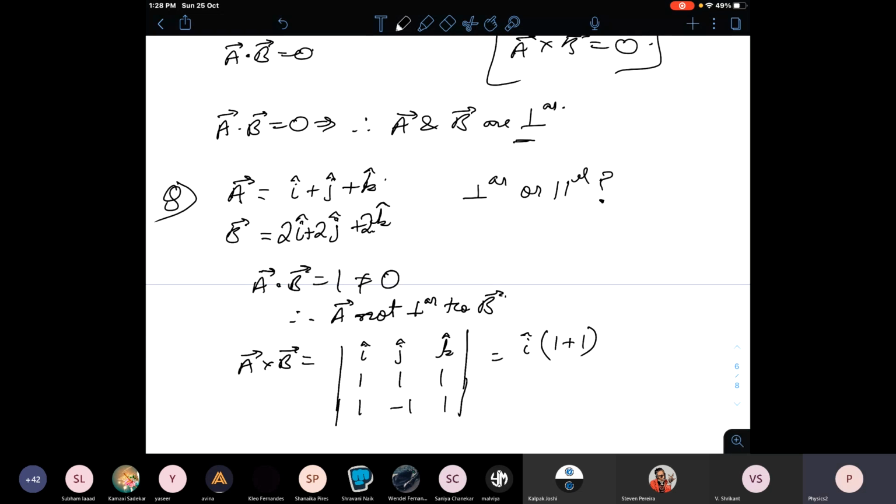Okay, suppose this is the vector, instead of 1 1 1 it is 2 2 2. The dot product will come out to be 6, which is not equal to 0, so it is still not perpendicular. But if I calculate A cross B, you can see that it is